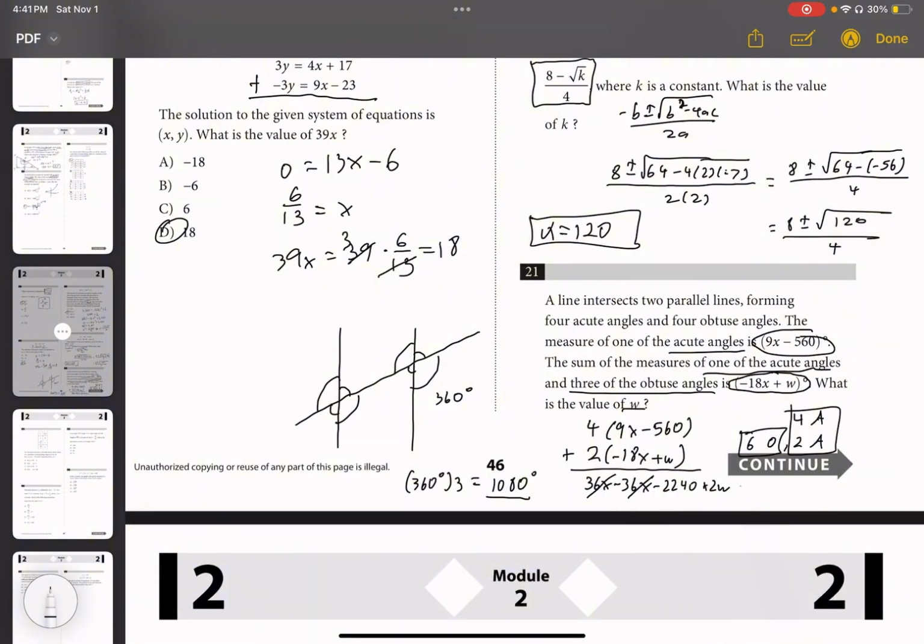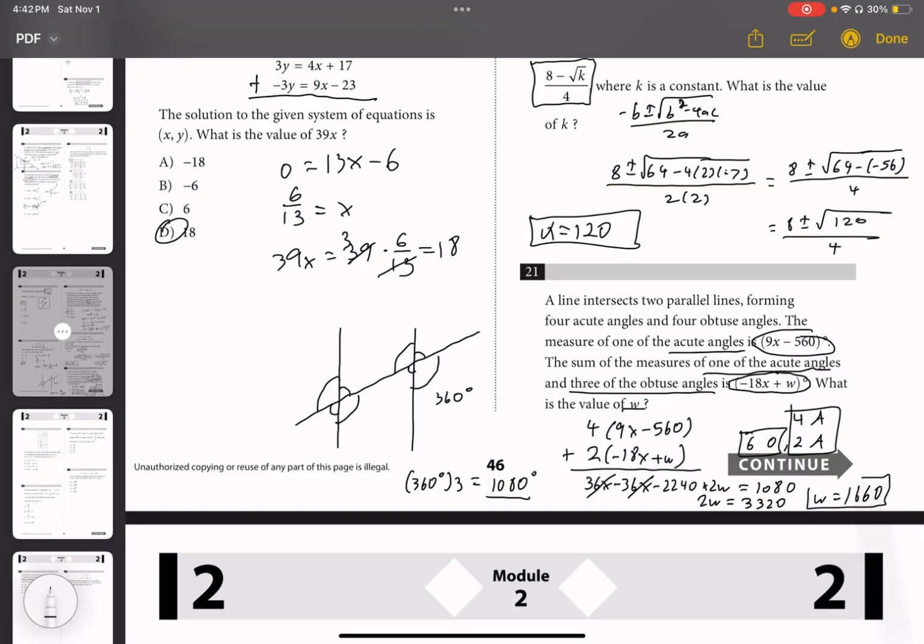So these cancel out, and then remember this whole thing equals 1080 degrees. So we have 2w is equal to 3,320. Then we divide that by 2, and w is equal to